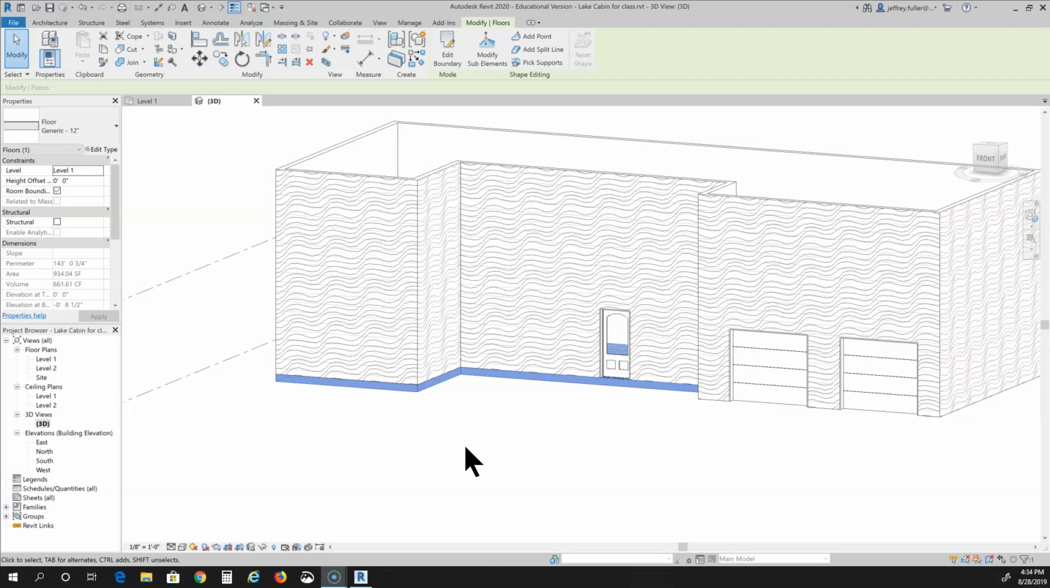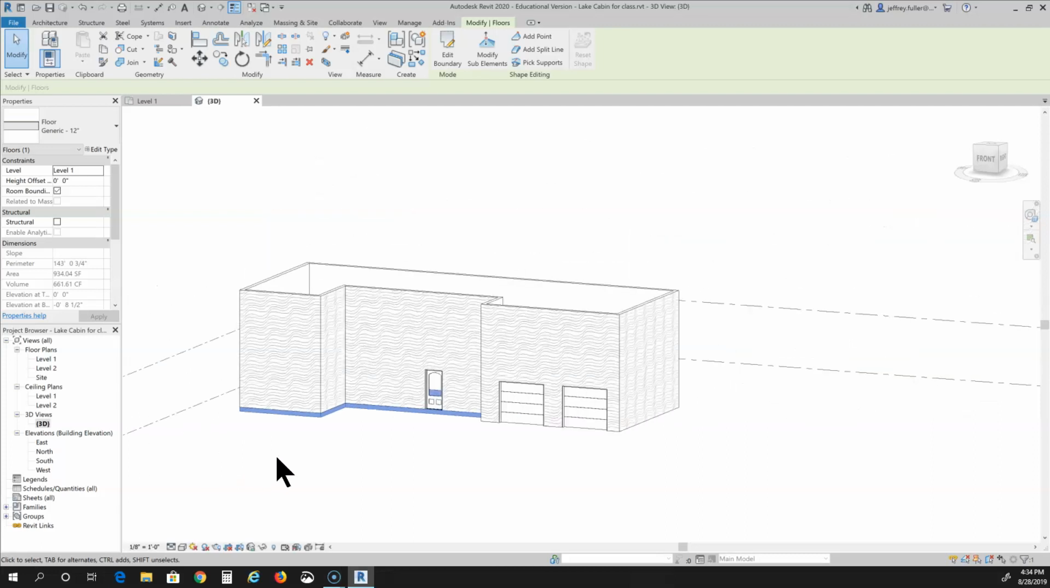Hello again. In this video I'm going to show you how to place the second floor. Before, we did the first level floor, which is right here. Now we have to put the second level floor somewhere in this area right there. So to do that, the first thing I have to do is work with my elevations a little bit,